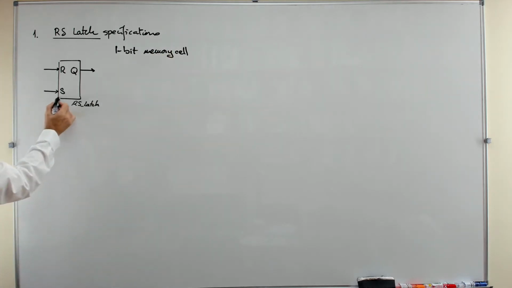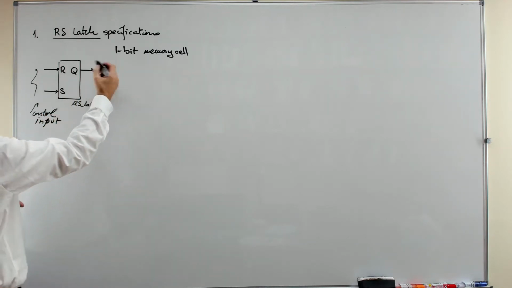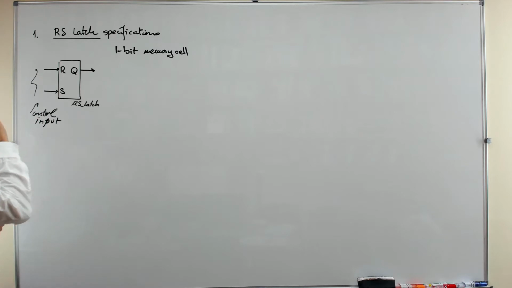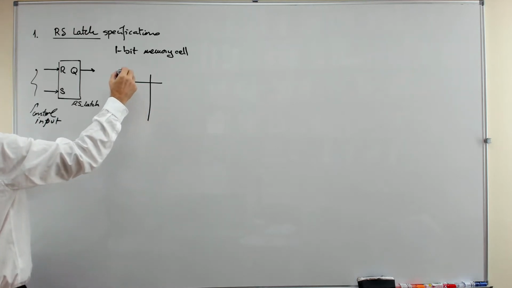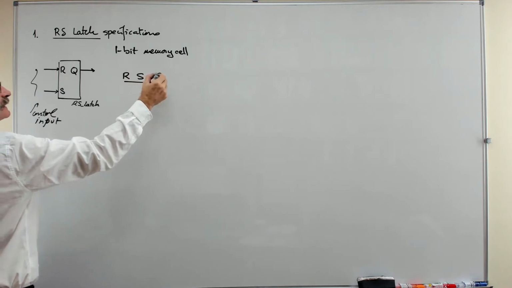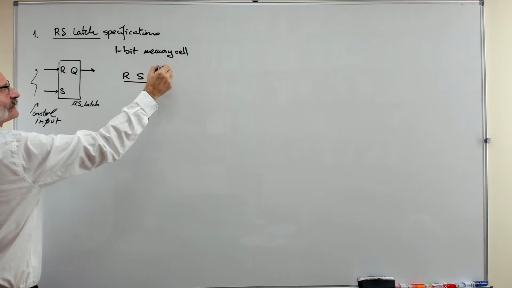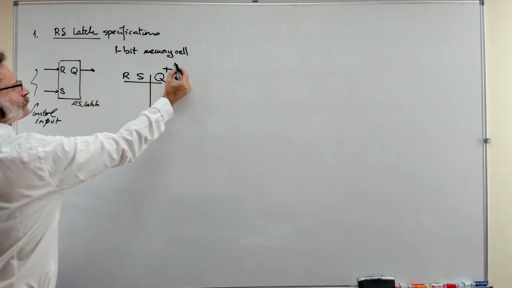Well, the block is like this: two control inputs to decide what is going to happen with the value Q. And that means that this circuit can be inferred, thinking about the reset and set inputs, and then establishing the value at the output Q in the future. So this is the next